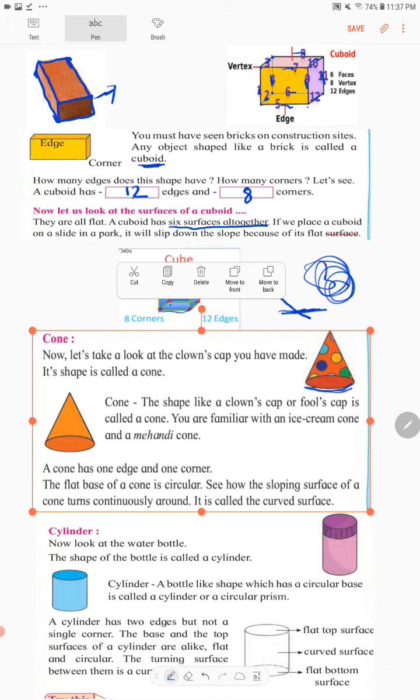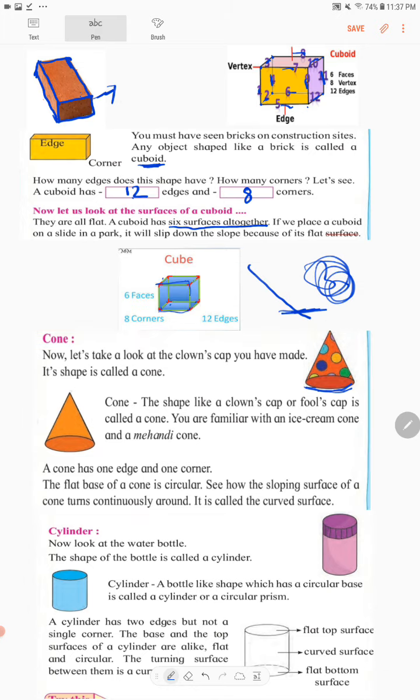Now in a cone you have one corner, and this is called an edge. This is one surface or edge. A cone has one edge and one corner, and the base is circular.